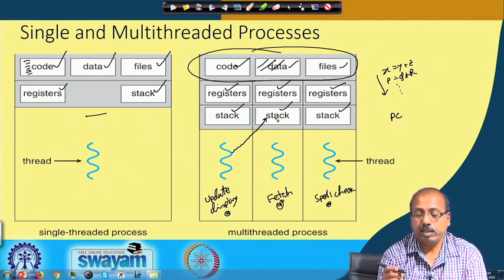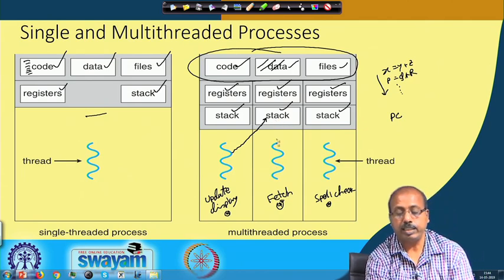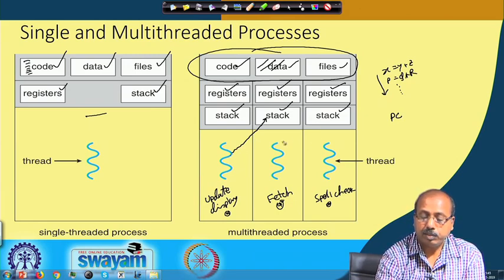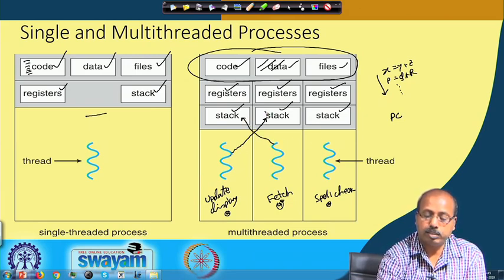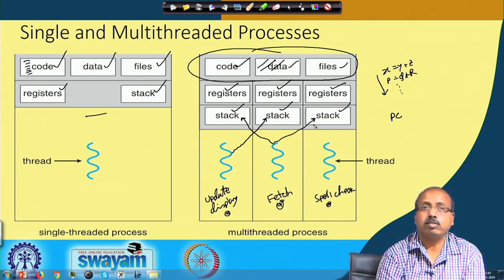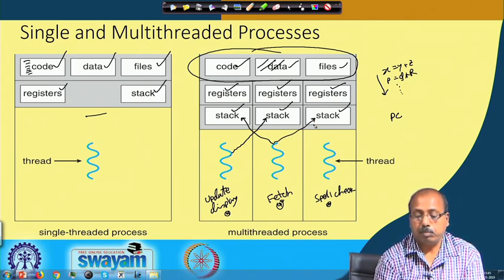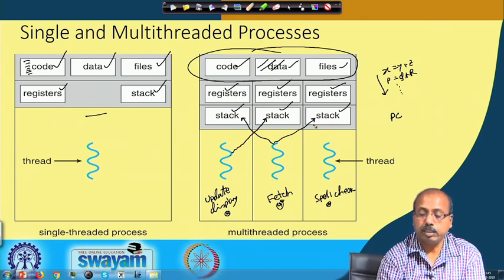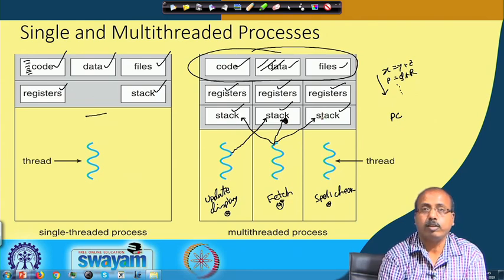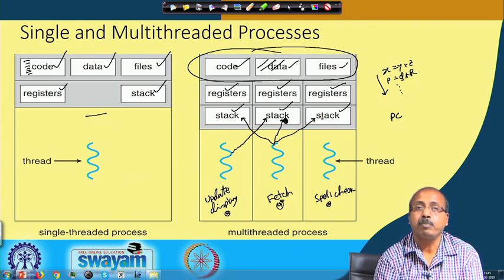So, that way if there is some local variable of this thread that is created, it is visible to other threads also. Similarly, this thread can see the local variables that are created in this stack, but they cannot modify them. It can modify only the local variables that are here. So, only these values can be modified, these two cannot be modified by this fetch thread,